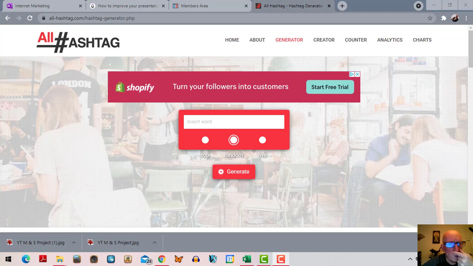If you've ever wondered how to generate hashtags for Instagram, you may have seen loads of Instagram posts with all sorts of hashtags on and thought to yourself, where do people just think those up or what? Well, they don't. They use places like this, All Hashtag, as you can see here,